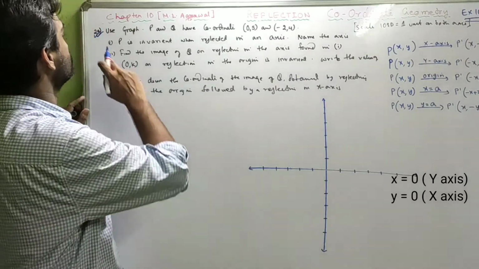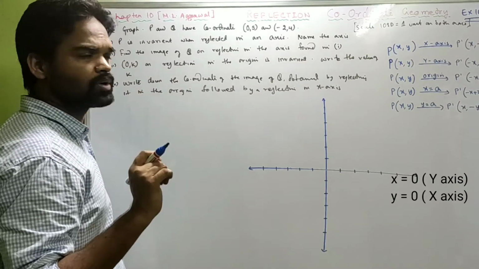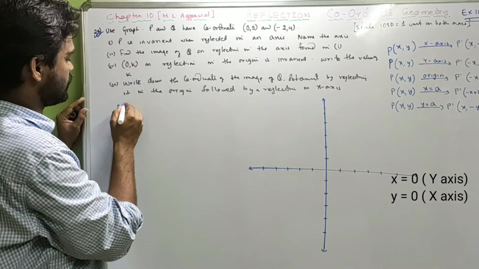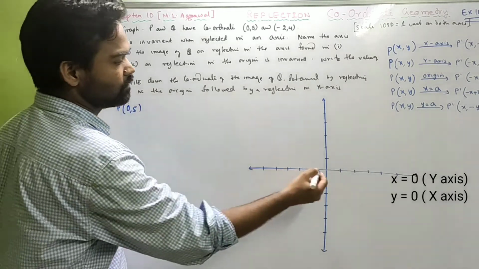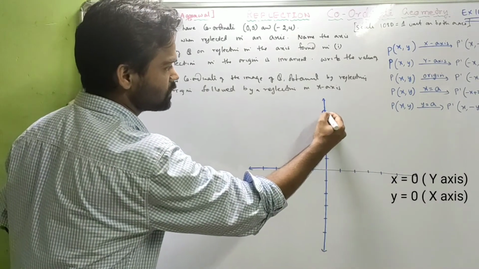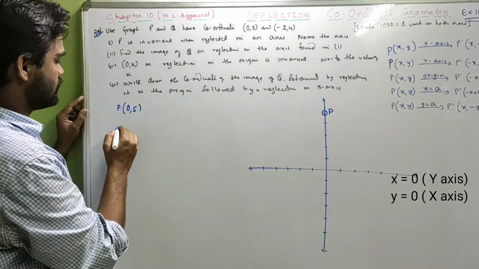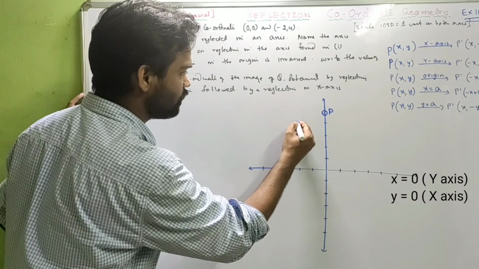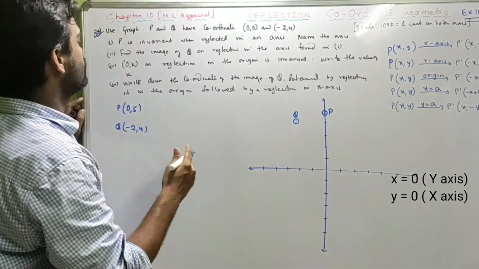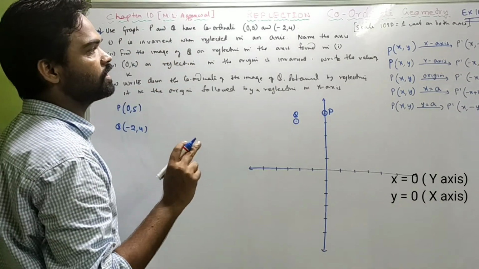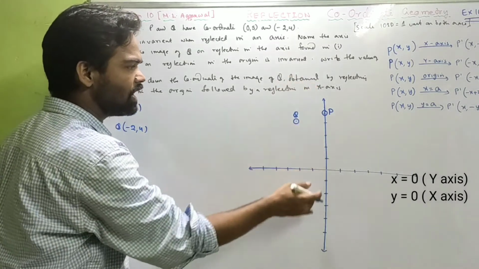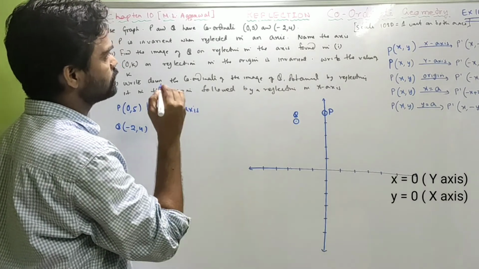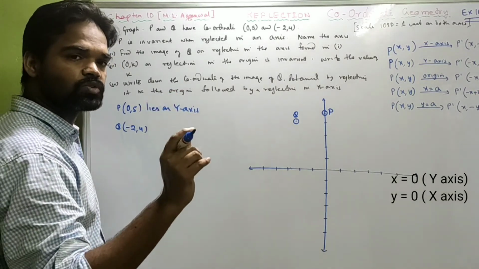Now look at the last sum, sum number 29. The previous sums you can try on your own, okay? Use graph. P and Q have coordinates. P has coordinate 0, 5, which means 0, 5. P lies over here. Q has coordinate -2, 4, somewhere over here, okay? P is an invariant when reflected in an axis. Name the axis. See, P lies on the y-axis, which means it is invariant